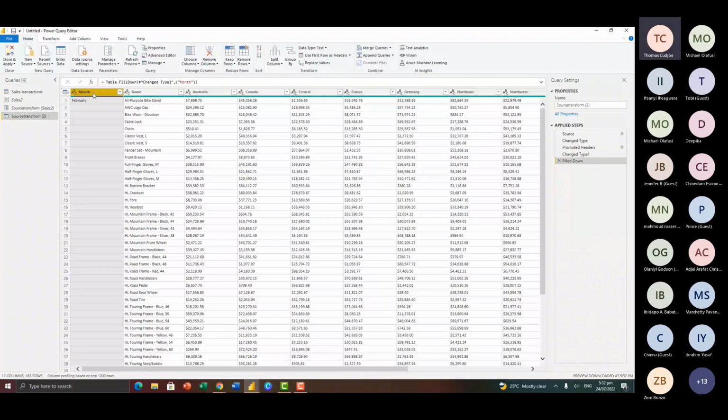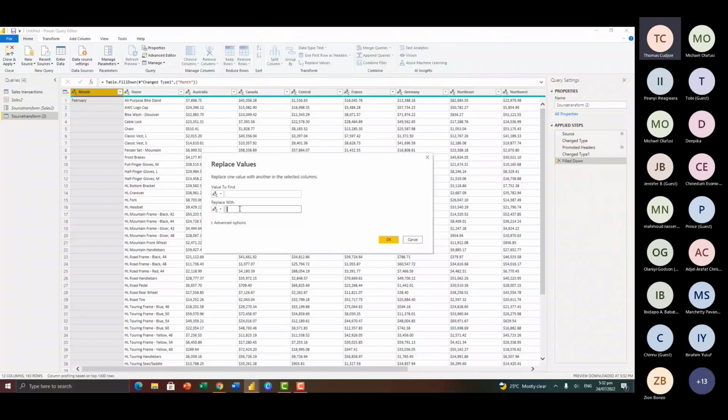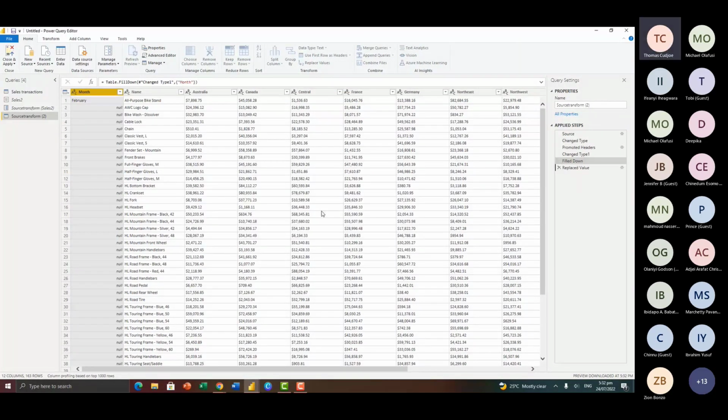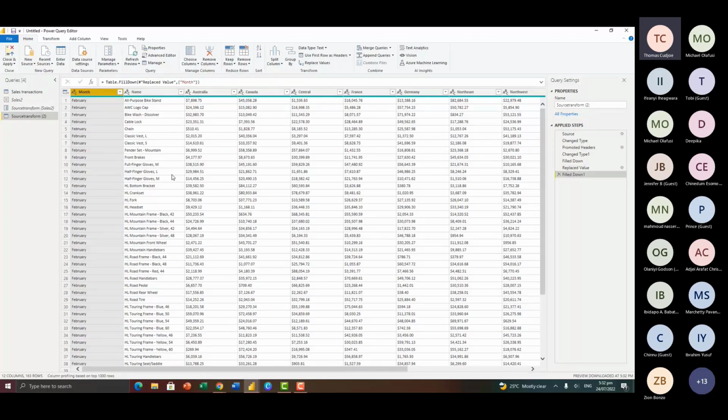So all the blanks, I'm going to replace it with null. Then click OK. So now we have this here. So I can then right click and pick fill and then fill down. So these are the transformations that we want to apply. Based on the data that you are working with, there are a series of different transformations that you can apply. That doesn't mean you have to go through the same process. It depends on the data that you are working with. So based on this data, that's how we want to transform it.